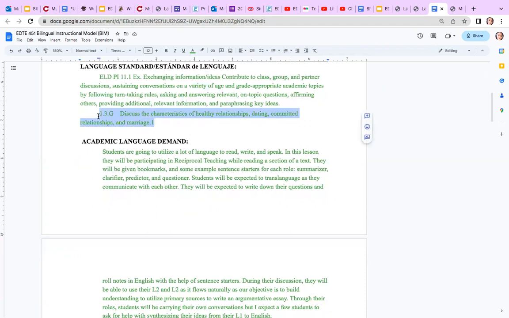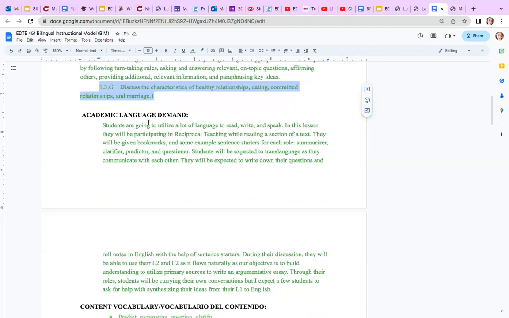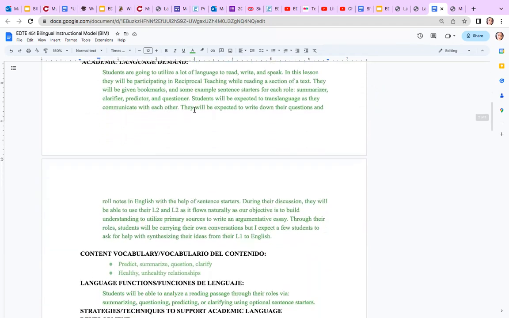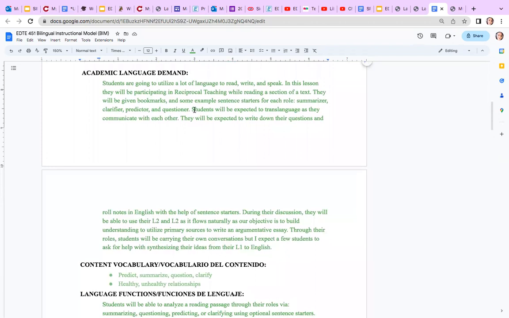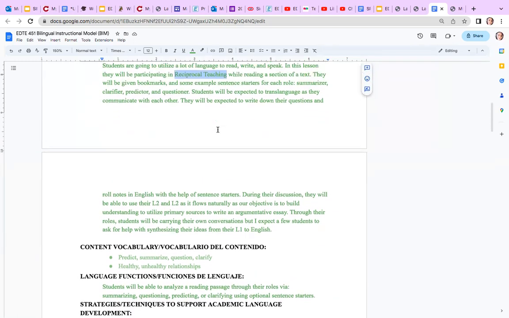Specifically, our health standard is going to be 1.3. It's going to be about discussing the characteristics of healthy relationships, dating, committed relationships, and marriage, focusing on this first part. And for academic language demands, students are going to be using a lot of language to read, write, and speak. They will be participating in reciprocal teaching, which I will show you what this is in a minute. But I'm going to go ahead and go down towards our